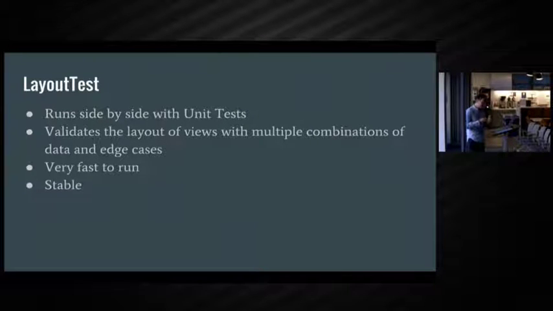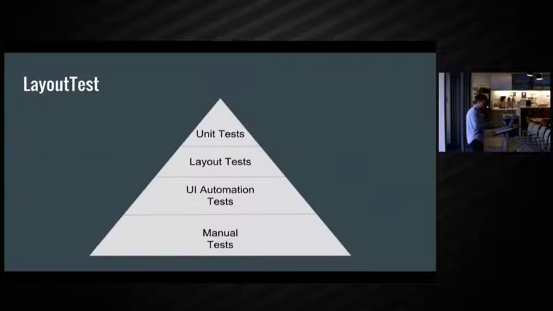In this way, a single test can run on multiple different combinations of data, and we can reuse the test again and again. So, where does this fit into our testing pyramid? Well, I think it sort of sits between unit tests and automation tests. Unit tests are still the easiest to write. You can write them in a single line of code. Everyone's written unit tests, they understand them, they know how to read them and such.